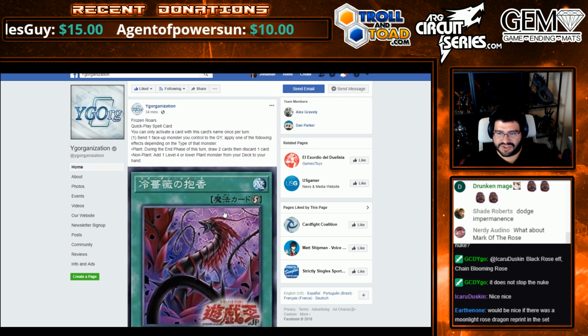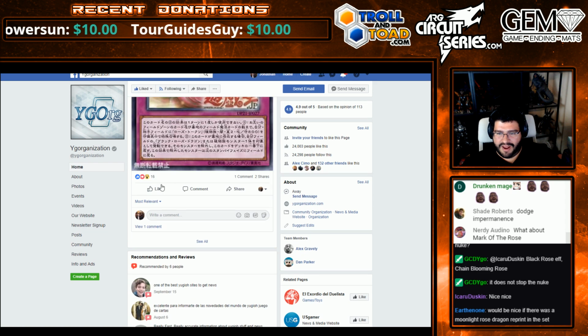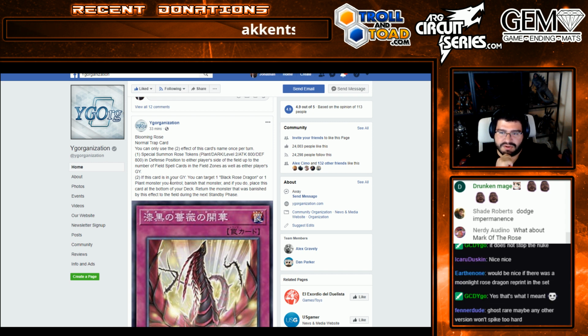Because Frozen Roars, you could chain it to it, right? By sending it. But I don't know that Bloomin' Rose. What are you saying Bloomin' Rose does with it? Black Rose effect, chain Bloomin' Rose. It does not stop the nuke. Yes, that's what I meant. Okay, you can only use the second effect. So the special summoning of the tokens would go away if you're chaining it. The graveyard effect, if this card's...